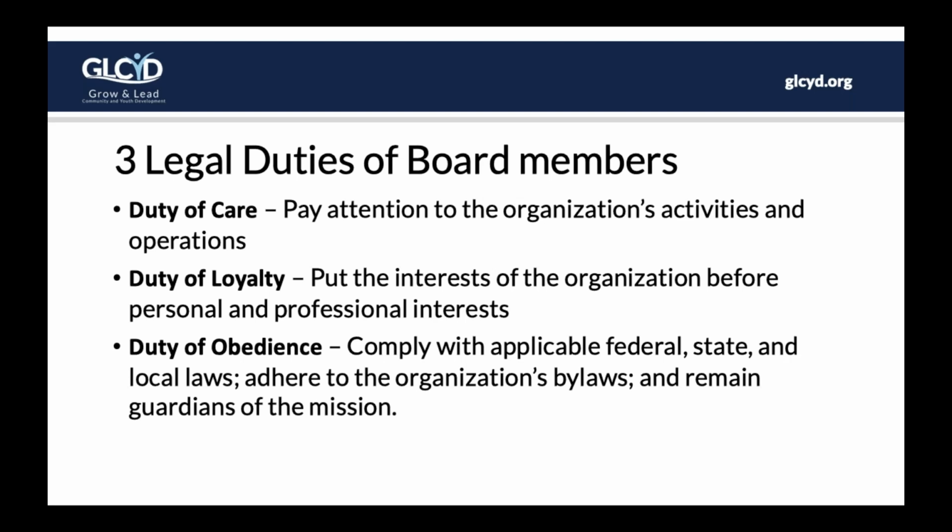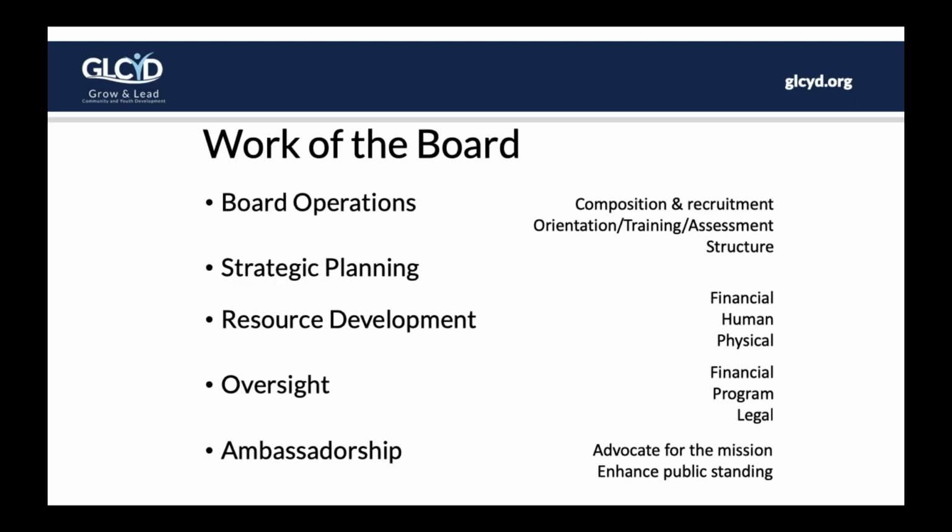Because the board is ultimately the guardians of the mission of the organization, to make sure it's doing the work that it's telling the public that it's doing. So another kind of a little quick review. These are the different work of the board that hopefully you're doing, hopefully you're taking responsibility for as a board